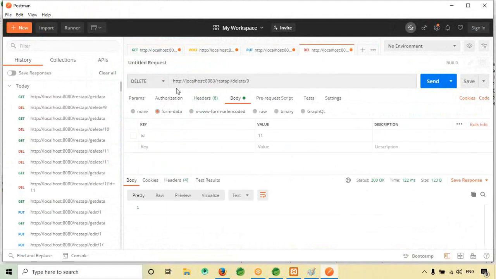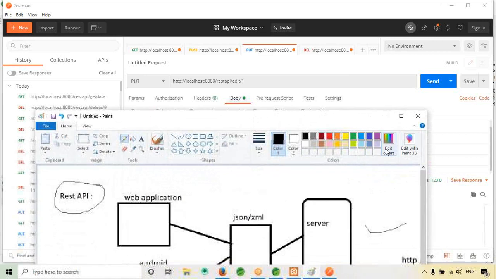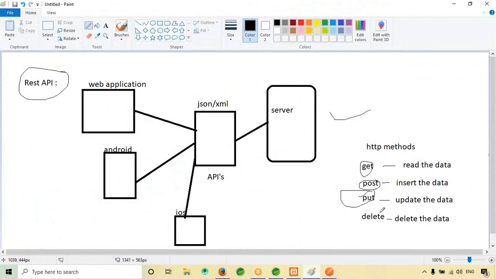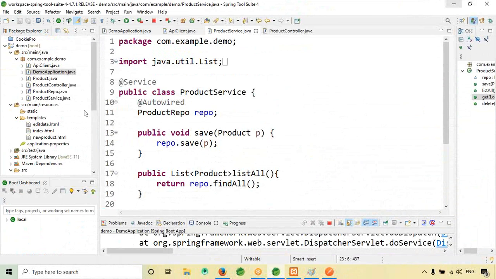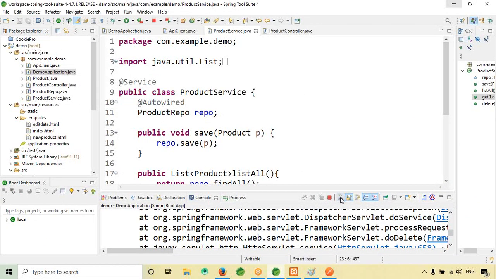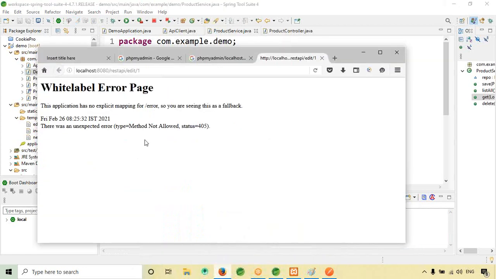So this is about REST APIs, and we have also seen the HTTP methods as well. Okay. So what we will do is, I think we will work on Spring Security. It is a big concept, it will take hours of time. So tomorrow, for the same project, we're going to implement Spring Security.